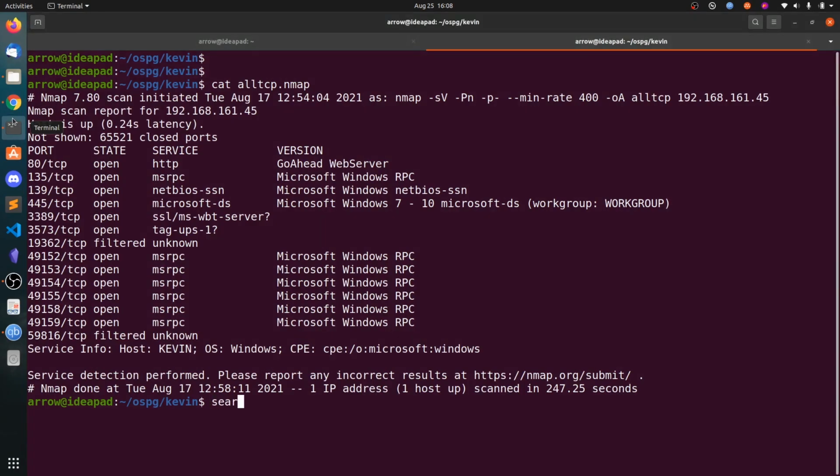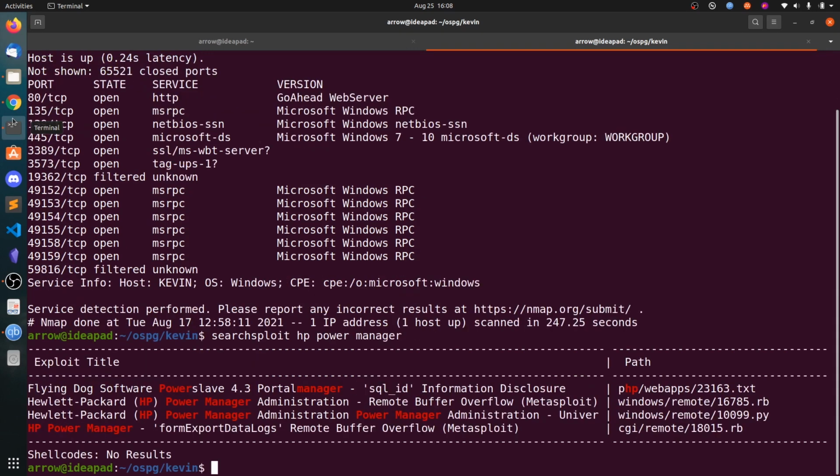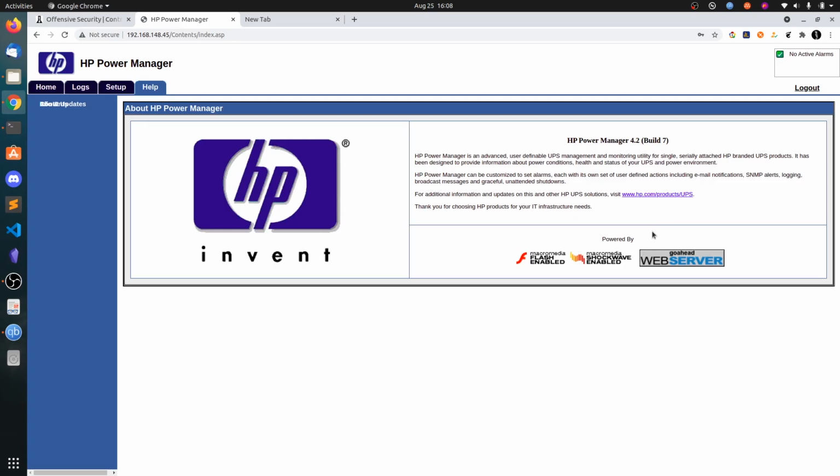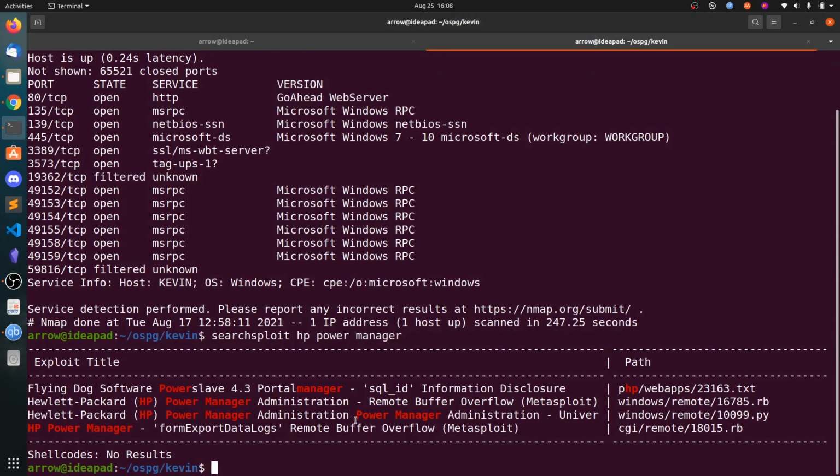So you can search the exploit, HP Power Manager. So it's 4.2. So this can be run without Metasploit.